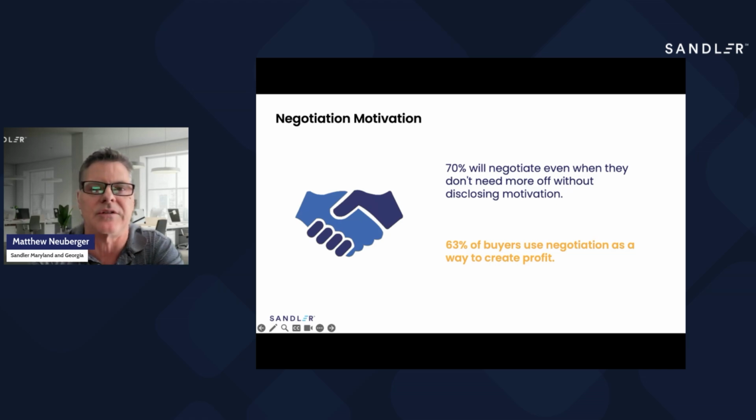Now, let me give you guys a quick tactic. If you want to separate the 70% from the 30%, and a buyer says to you, look, I need you to lower your price. If you like this, use it. If you hate it, don't. But you could certainly say something as simple as, what if I can't lower my price? And then wait. Now, again, you can't do it like a chess move. You have to struggle a little bit,